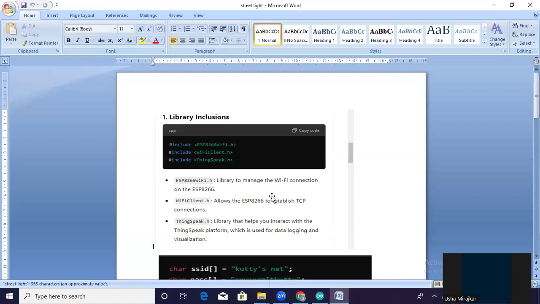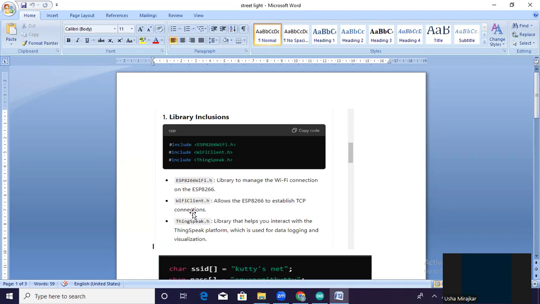Now here, as you can see, it includes ESP8266WiFi.h. These are the libraries that are included here. Again here, WiFiClient.h and ThingSpeak.h. This particular library is used to manage the Wi-Fi connection on the ESP8266.